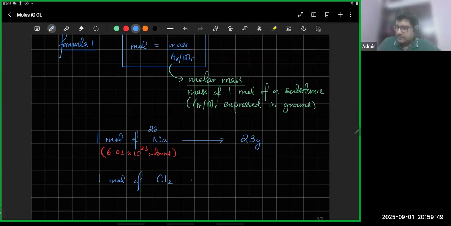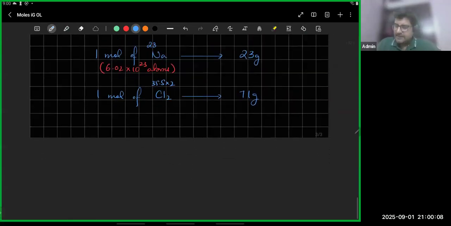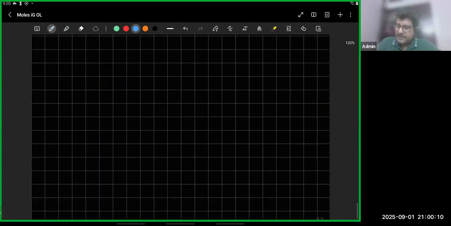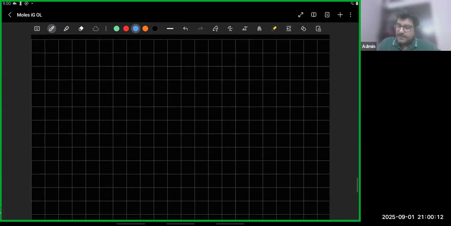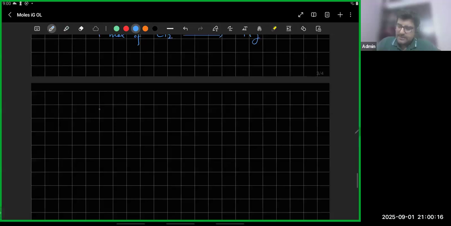Cl2 molecules, that's going to have a different mass. Cl's mass in the periodic table is 35.5. But since there are two of them in the molecule, that's going to be 71 grams. So if you have a molecule, you'll have to add up all the atomic masses that are given in the periodic table. And similarly, if I have 1 mole of, let's pick some other substance,